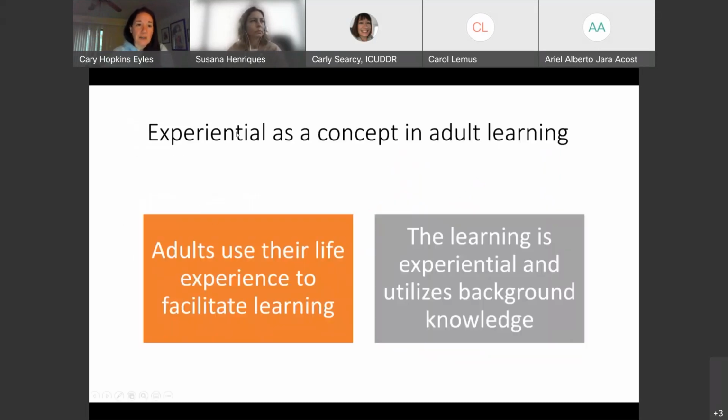And so this experiential learning as a concept for adults, we are all coming, as Susana said, to this training with all of our life experiences. And so it's sort of twofold. Everyone who comes to your trainings already has all their life experiences, like was mentioned, their genetics, their home life, their social life, whatever they've done between when they were born and now, their perspective, how they see things.